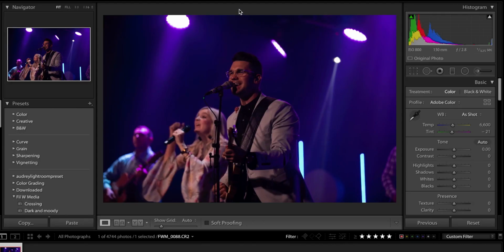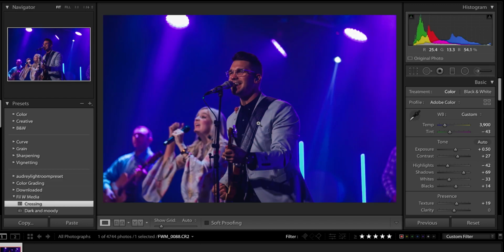Okay, I've got a photo here that I took of one of our worship leaders. You might think it's a little underexposed, you might think it's perfectly exposed, but that's up to you. That's your personal style. This is how I like to shoot. I like to shoot a little underexposed, and I've set up a preset here that I generally go to so everything looks the same. But Phil, how did you get to that preset? About to show you.